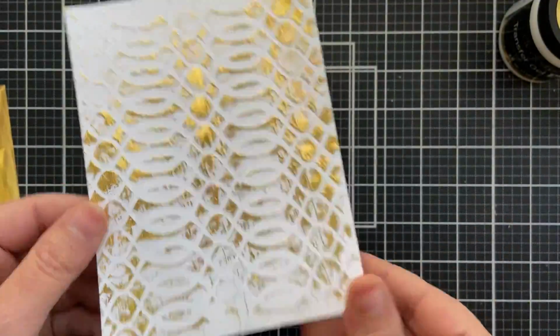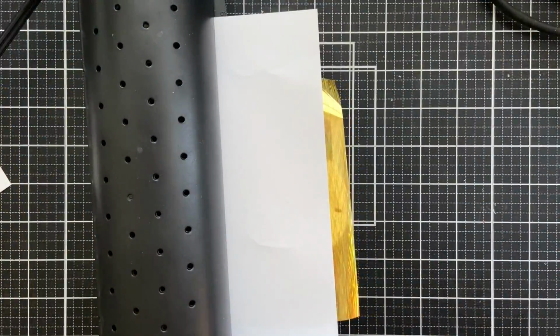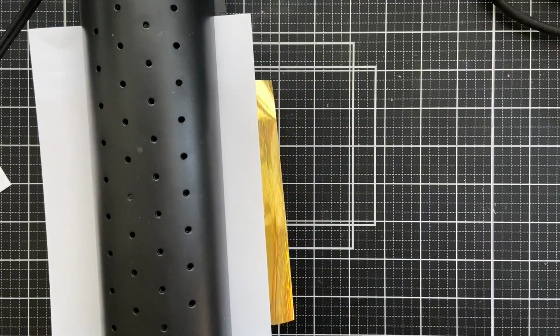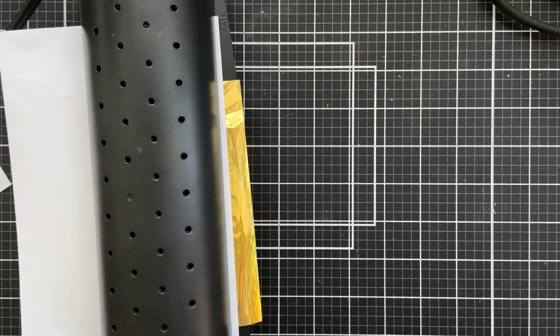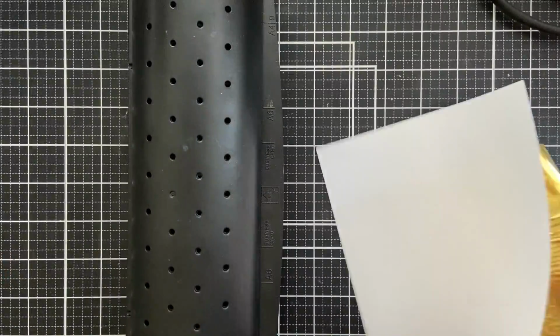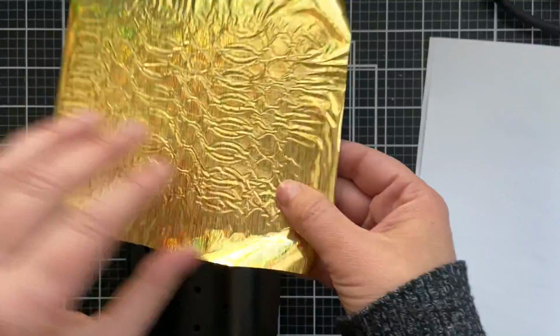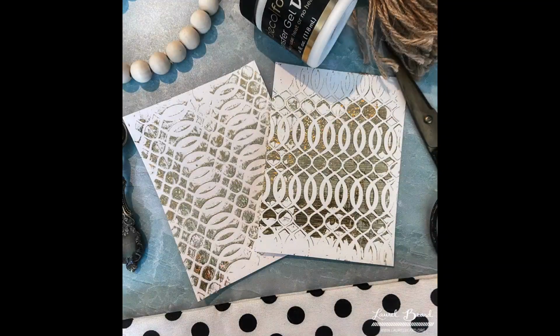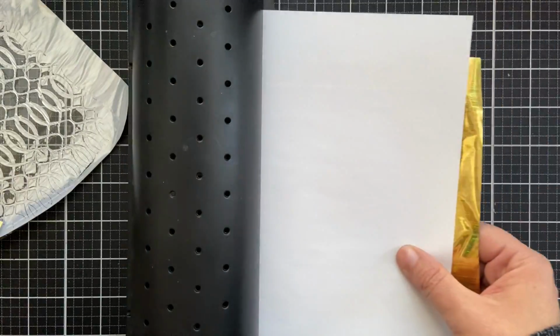So I've got my laminator off to the side that's been heating up. So I'm just going to run it through my machine. I'm using the same foil for all the projects, so I'll be sure to link to that. It kind of has a design in it, almost, in that gold foil, like a static. So here it is running through the laminating machine. You do get more coverage when you run it through the laminating machine, but I think both are just as pretty. So if you don't have a laminating machine, not to worry, you can still use your foil